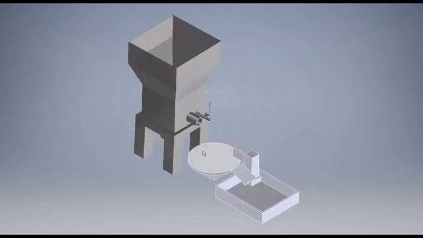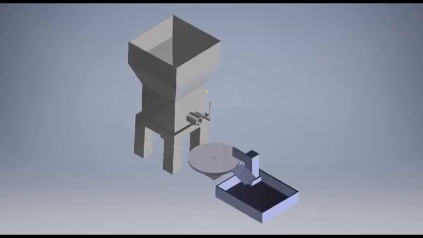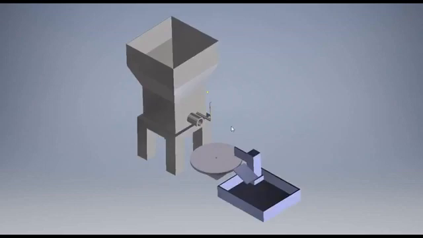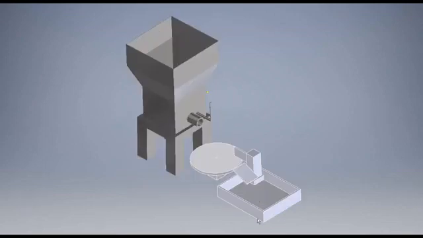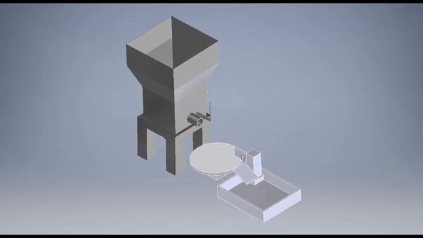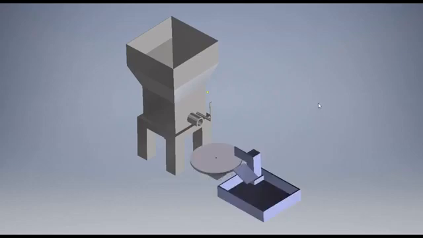In subsystem 3, we have a rotating disc which will be surmounted on a rectangular box. In subsystem 4, we have a base for the hopper and a rectangle and a dispenser tray which will collect the laddus. It also has a stopper to stop the laddus and make the laddus fall into the tray.